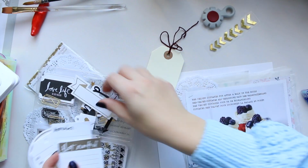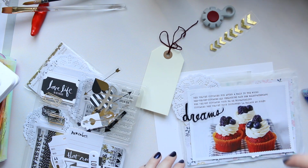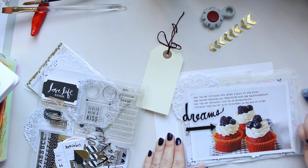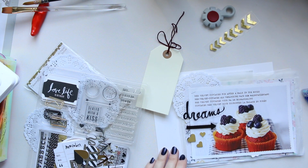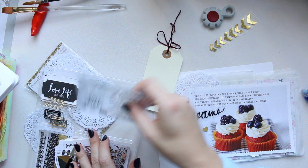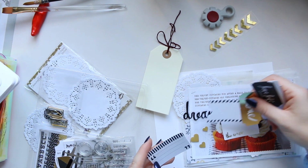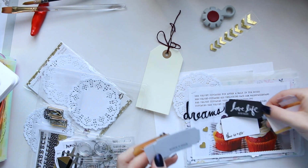So here I opened up the Heidi Swapp memory planner kit. It's called the Time Capsule Embellishment Kit, and it is really fun. It's got loads of different things like die cuts, some embellishments, some foil die cuts as well as paper. It's got a washi tape bit in there, and then some stickers, numbers,